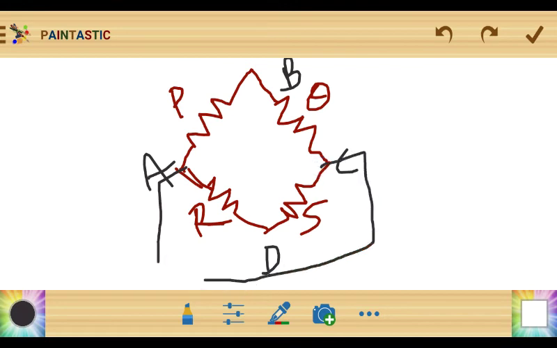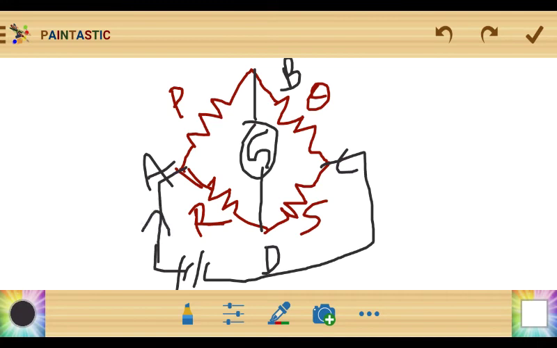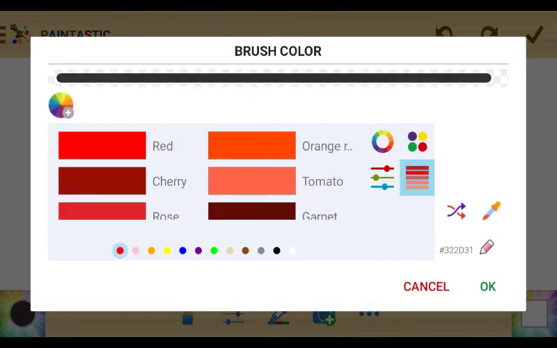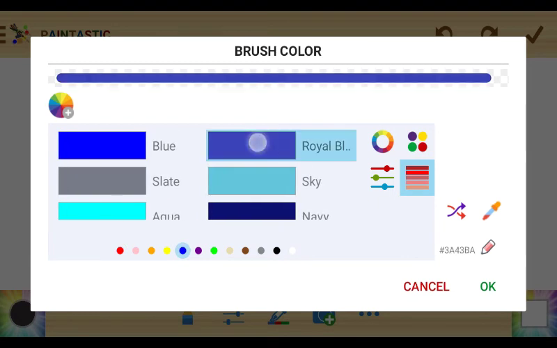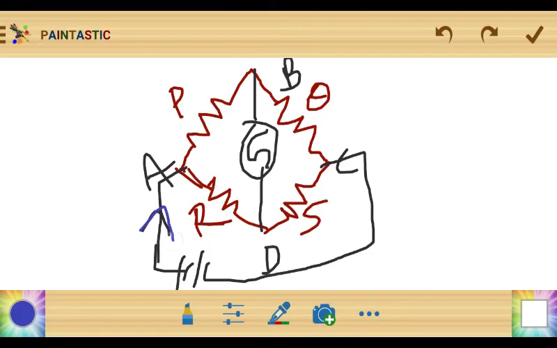A battery. Okay, it is difficult to draw, so I draw. And from B and D, I draw a galvanometer. Remember, it's connected. Now, how to give the directions? As the battery is connected, remember the flow of current is negative to positive. So the current will start. I'll use another pen to show you better. Now the current direction is from negative to positive, so the current will start flowing.